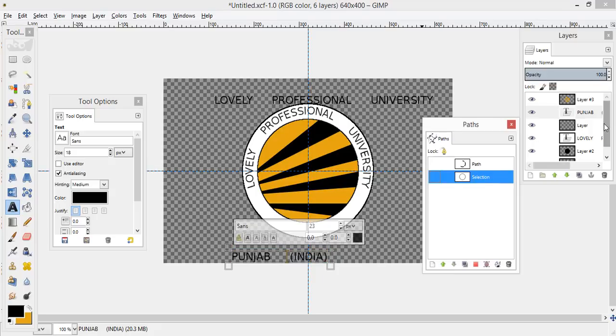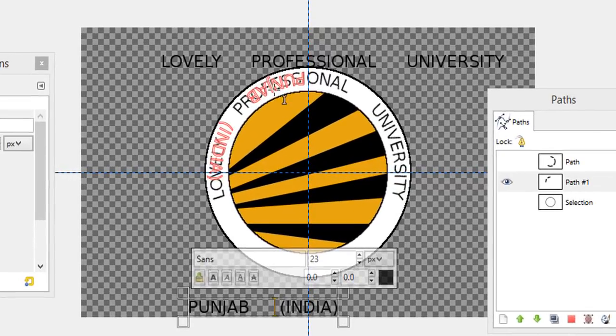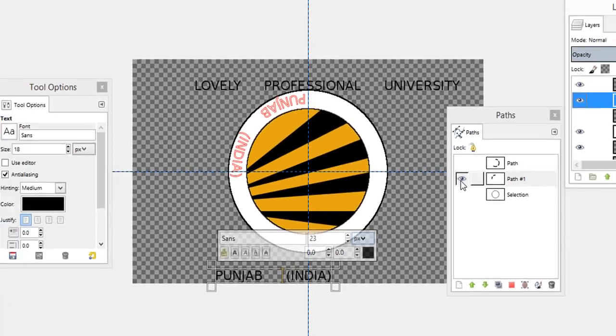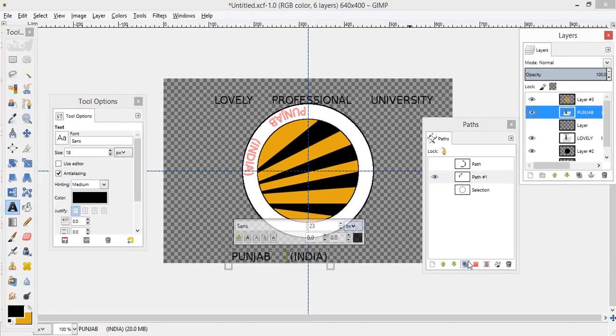And what we did next time, we had the selection, go to your text layer, right click and text along the path. And you can see now this time it's written. Let me make it invisible so that you can see it clearly. It's written in the same upside down way. If I rotate it, it will become visibly erect, the way it should be. Okay, we are here. Next, it is still the path, so I need to convert it into selection